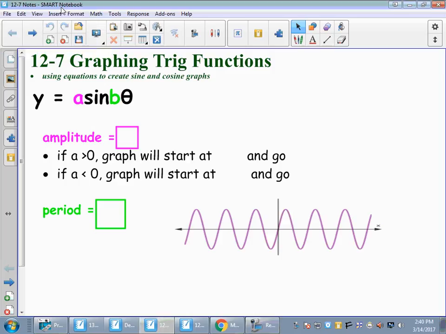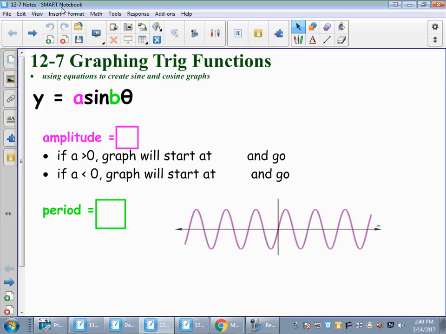These are your 12.7 notes on graphing trig functions. So in 12.6b, we learned how to calculate the period and the amplitude of a function based on the graph. By looking at the graph, we could tell those things, or by a description, we could create the graph. So now we're going to take that idea of amplitude and period and figure out how you determine those